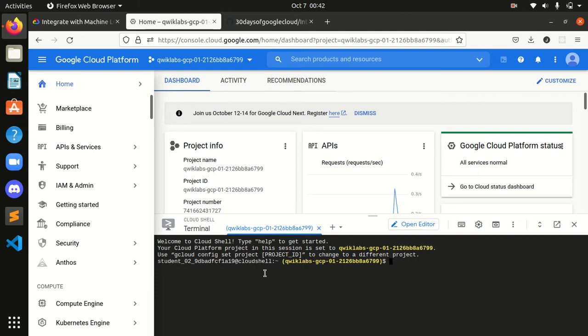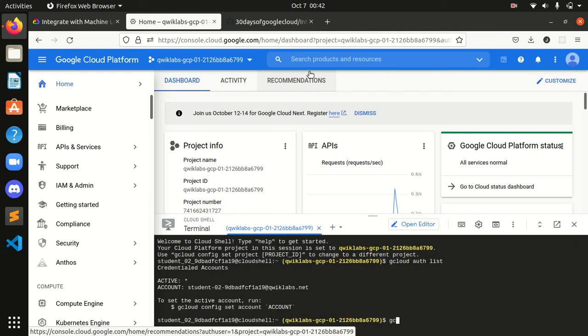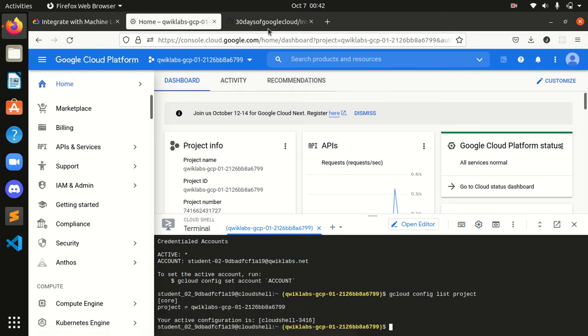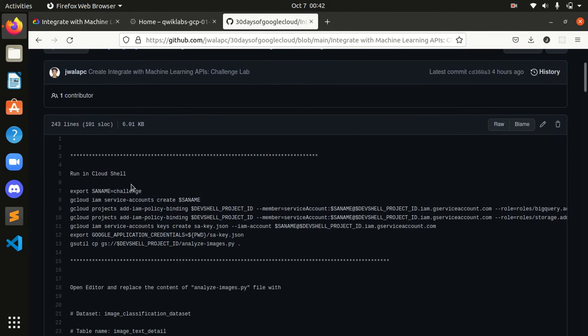Okay guys, we are here, and first of all we will list our project. That command is gcloud auth list, enter. After that we will configure the project, gcloud config list project, press enter, done. So let's run these commands.